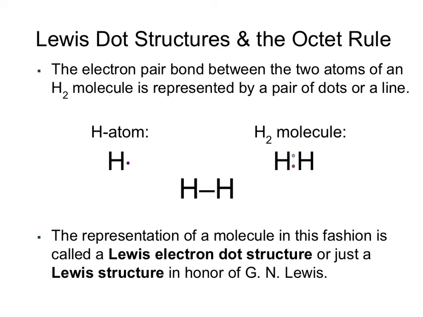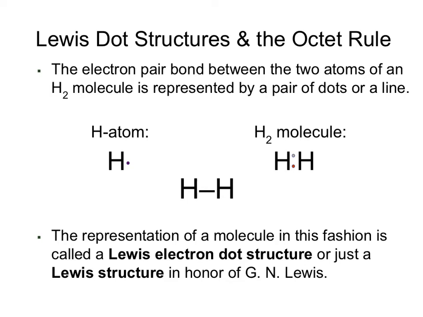As we move on to looking at the Lewis dot structures of full molecules, we have to keep in mind what we call the octet rule. The octet rule tells us that atoms will share electrons in such a way that they will fill their outer valence shell. And so let's look at the simplest example of hydrogen. Here we have one hydrogen atom with its 1 valence electron. Hydrogen is in the first period, so it only has 1 Bohr shell, meaning we can fit 2 electrons total